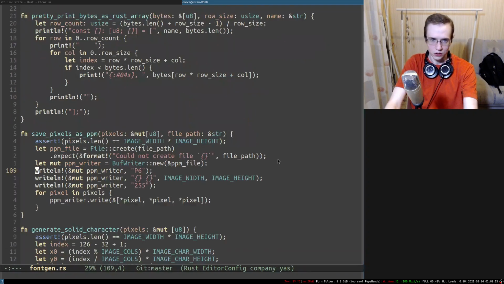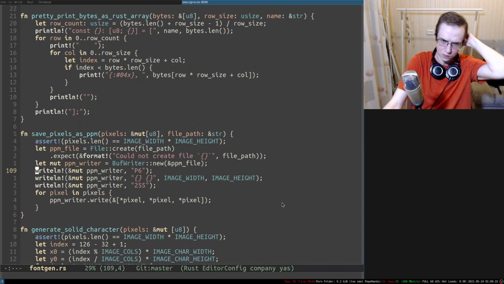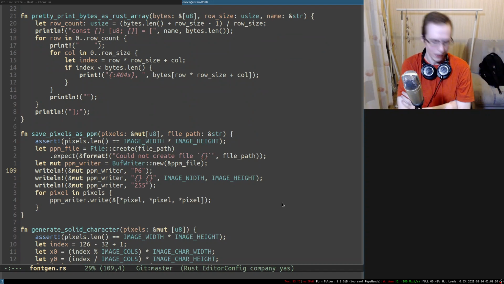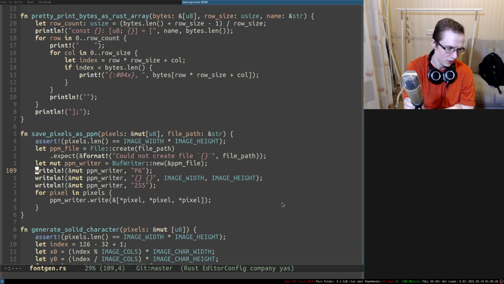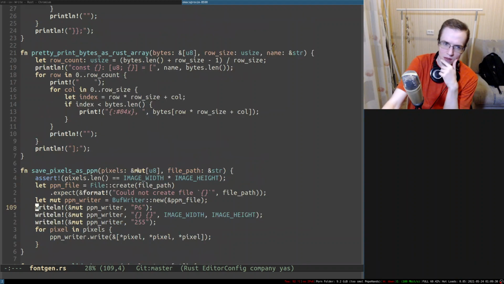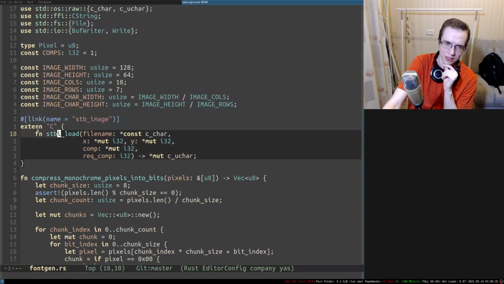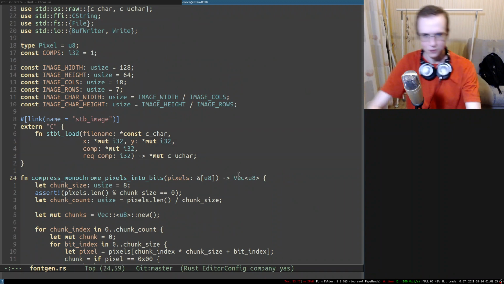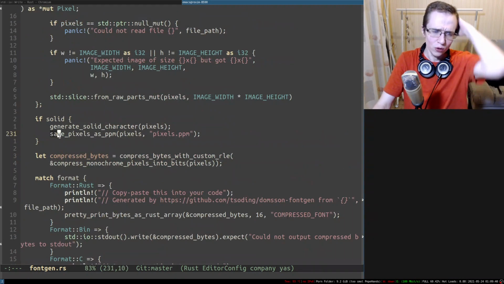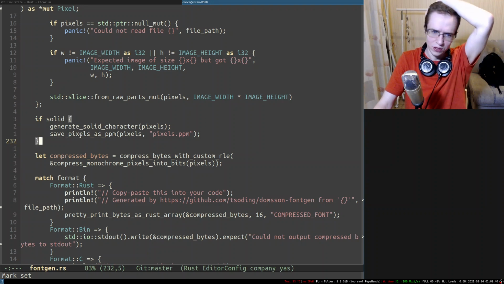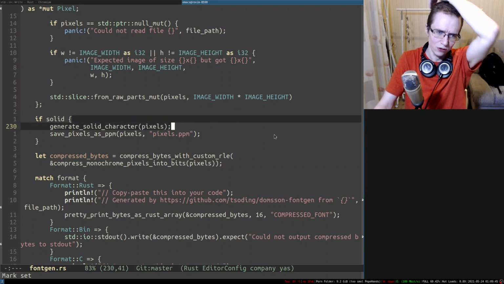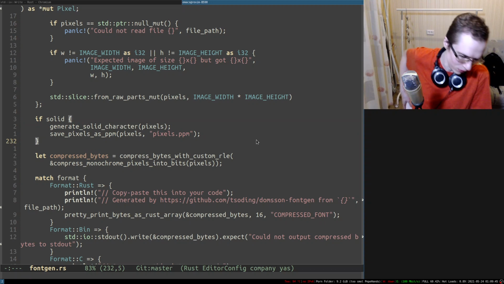It would be kind of cooler if I could save these pixels as a PNG image, so I could use it later, if you know what I mean. So instead of PPM, but unfortunately PNG is a little bit more complicated, so I'll probably have to use something else in here. And also, do I always want to save pixels as PPM when I generate a solid character? I only need that for testing, right? I only need that for testing. So